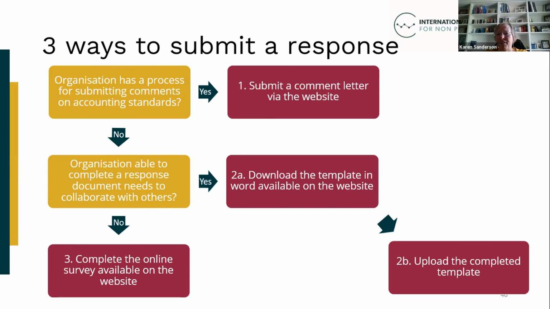So we're really hoping that you're feeling motivated and confident to submit a response to today's topics, even if you've never done something like this before. Getting a large number of responses from all regions of the world will really add to the quality and credibility of the guidance we produce. We know that some countries already have NPO guidance, but we want to learn from people's experiences, and so it's really important that we get a good cross-section of views.